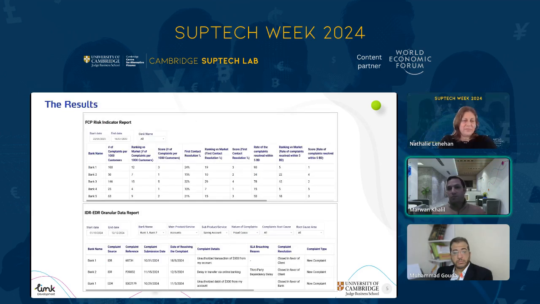These are two examples of reports produced as the results of such a system. One of them is the FCP risk indicator report, and as we can see here, we have the banks and the zoomed-in data about the performance of the banks, such as the number of complaints per 1,000 customers, the ranking of the bank versus the market, the score, the number of complaints per 1,000 customers, the first resolution percentage, and also the ranking